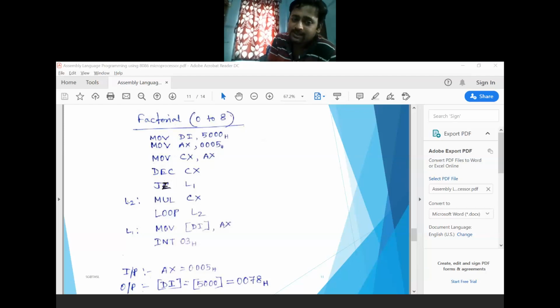L2 is given as MUL CX, then MOV [DI], AX, which is L1, and then INT 03. Okay, now how will this program be executed? I have considered 5 in AX and 4 in CX until this point. Now this 0005 and 0004 will be multiplied,